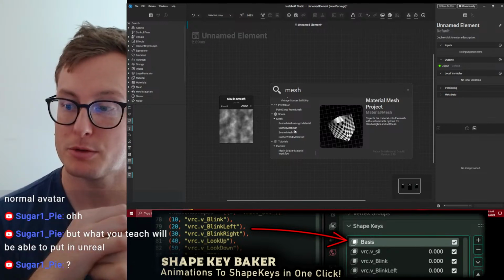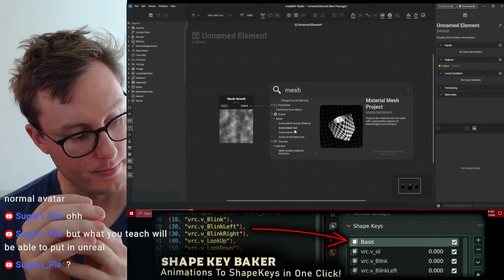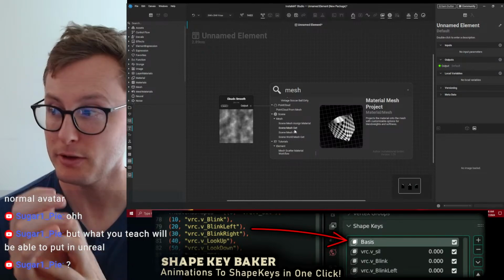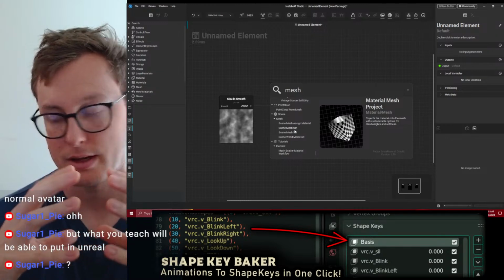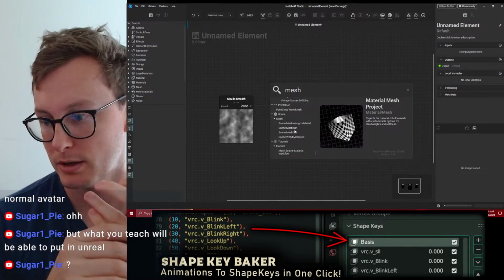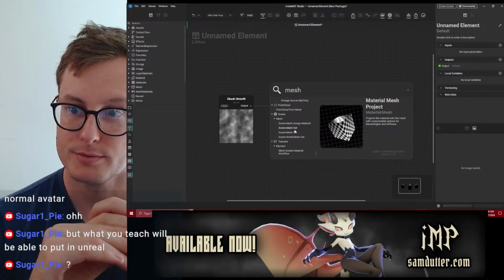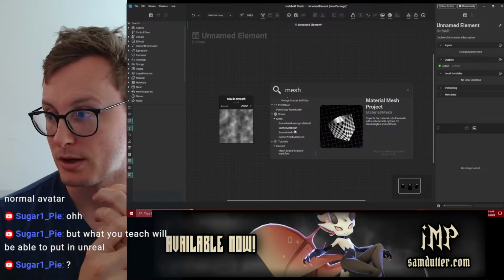Will what you teach be able to be put in Unreal? This class is not specifically designed for Unreal, but the understanding of how to make a character and how to get it into a game engine is certainly something you can transfer over to Unreal. But right now it's focused on VRChat.